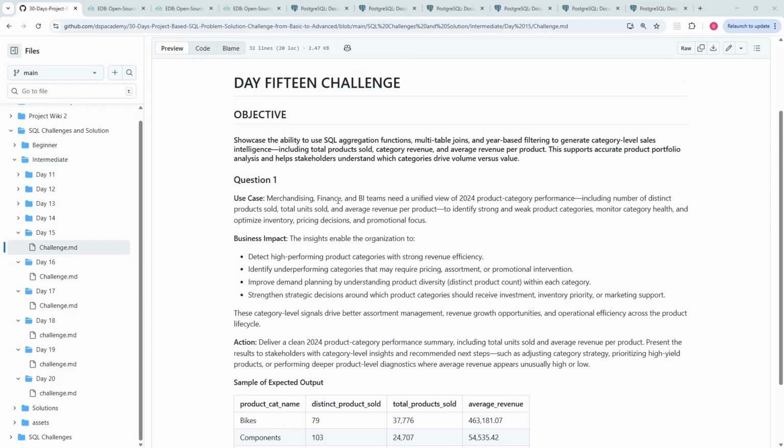So merchandising, finance, and BI teams need a unified view of 2024 product category performance, including number of distinct products sold, total units sold, and average revenue per product. Now, the goal here is to identify strong and weak product categories, monitor category health, and optimize inventory, pricing decision,